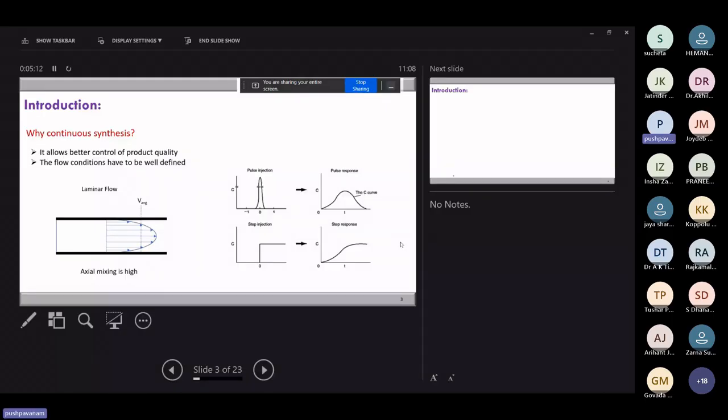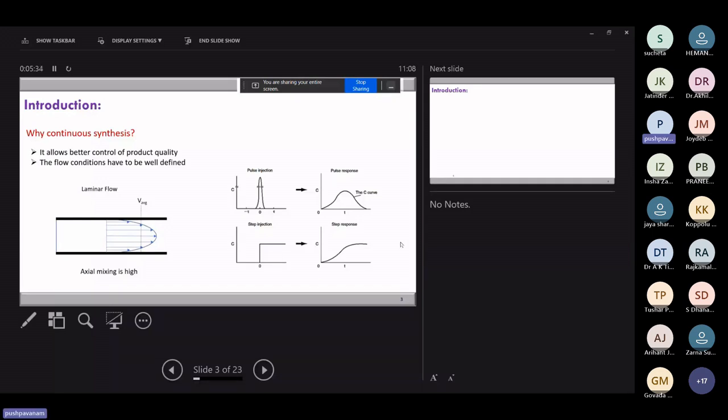So you need two reactants. One is the reducing agent, and there can be many reducing agents, but let us say sodium borohydride, and the other is silver nitrate. So these are both introduced at the inlet on the left,